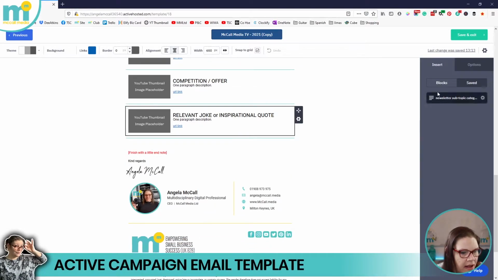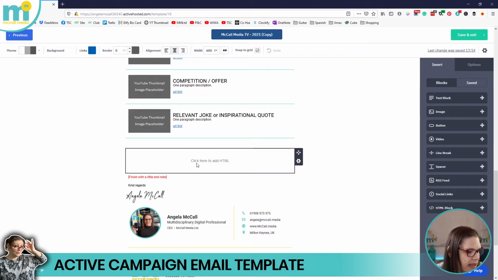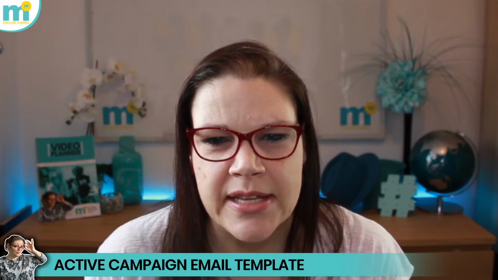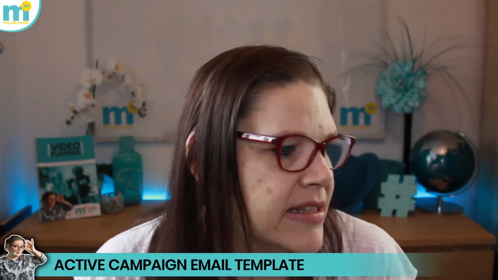Now down here, if we go back to insert and we go to blocks, we've got this HTML block over on the right hand side, and we can literally just drag that in and again drop it like we would anything else. And it says here, click here to add HTML, and then what happens, it opens up this custom HTML box. So as I said to you a little moment ago, up here I will put that card, if I haven't shown it already, showing you